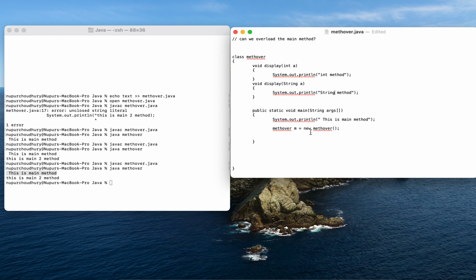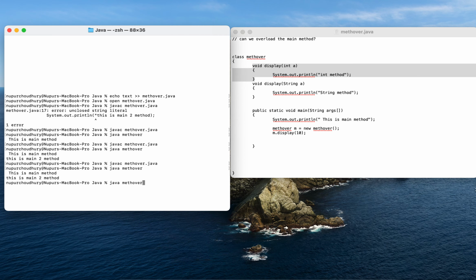Now what happens is that when I am creating an object of this particular class and I'm trying to call, let's say, m dot display, let's say 10. Okay, so which method would be called? Since I'm passing an integer value, essentially this method should be called.